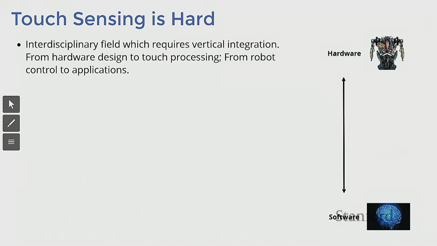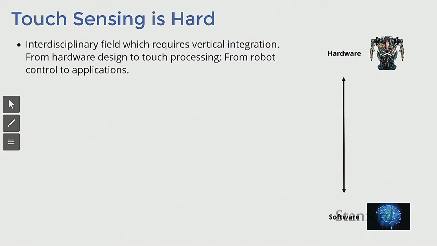Now, touch sensing for robots, or as a digital sense, is actually a really hard task. And there are several reasons why this is the case. The main one is really the fact that it's a very interdisciplinary field by its own nature, because it requires a vertical integration all the way from what is the hardware substrate that we use to sense touch, and then how do we make sense of it, and how do we integrate touch in a control loop, which might traditionally use only proprioceptive information or vision, and ultimately in which application do we deploy it.